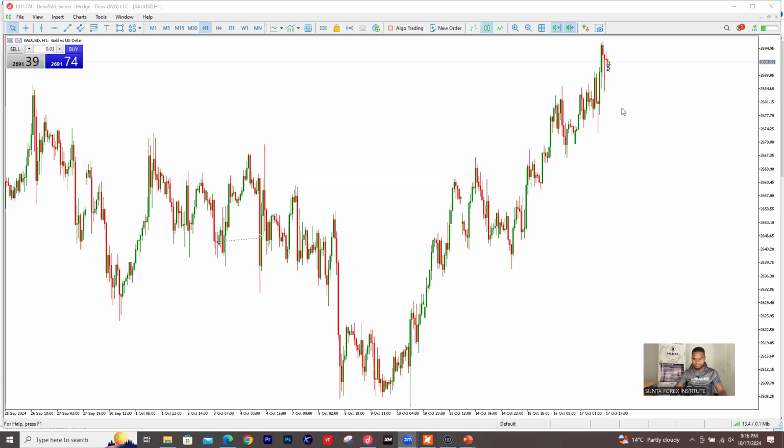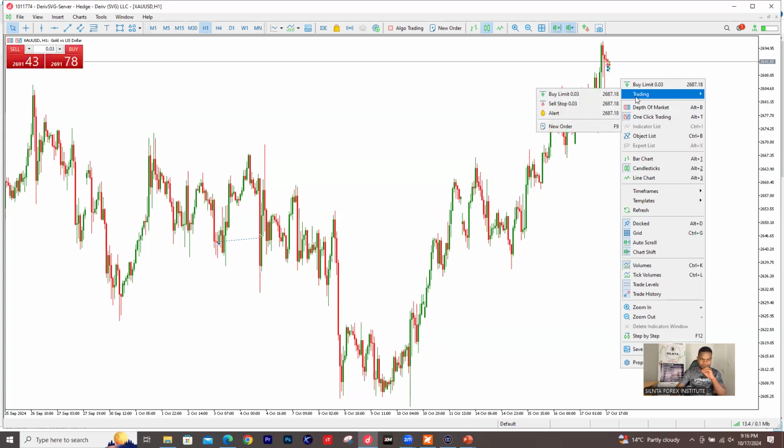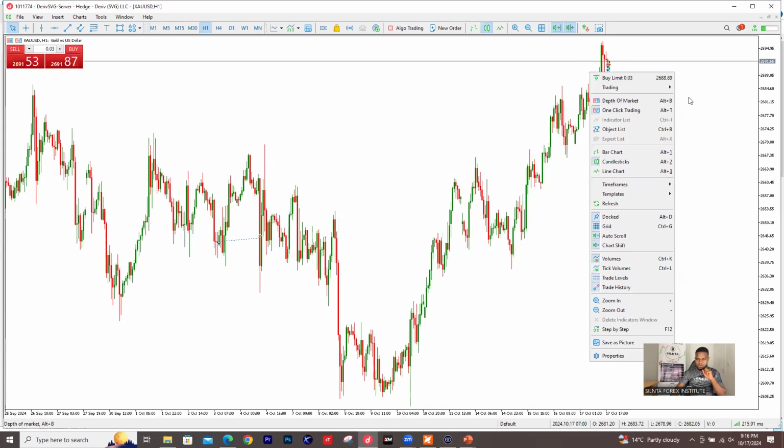Now, to buy and sell, you just have to right click, but then you have to be very careful. Why? You can click there, so you buy immediately, fast way, but it uses the previous lot size that you used on the platform. Now what you do to avoid making blunders, you should always double check the lot size. Or to avoid using this lot size that you have already used, what you do is you just come here, you come check,